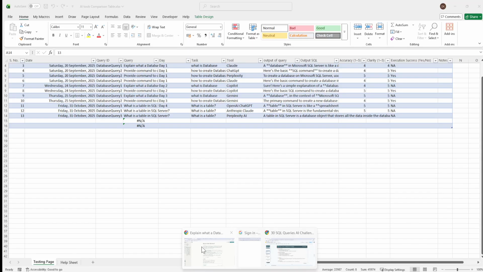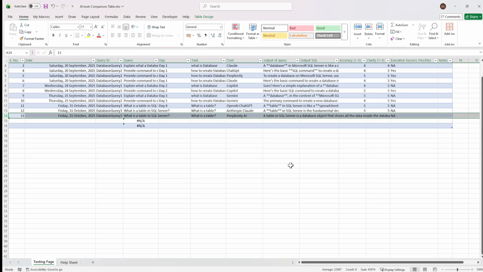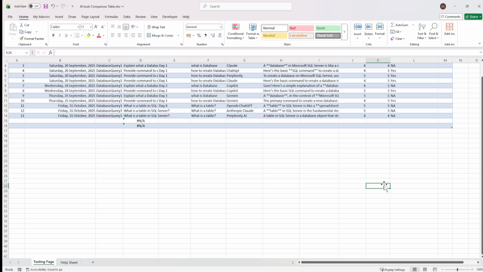I just want to check one thing: I've asked the same question everywhere, what is a table in SQL Server? So I was expecting some more explanation on the data types, although I did not ask for it, but it would have been good, with the way that it has been given in Claude. So I would like to give it something like a 4 in the definition, both of them. My main focus will not be on these things, but I'm just giving them scores as per me randomly as well. My major focus would be on whether the SQL queries